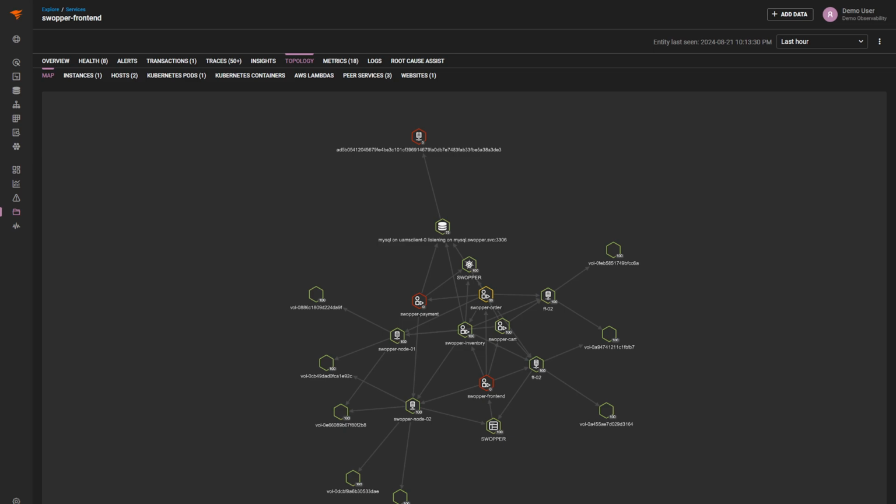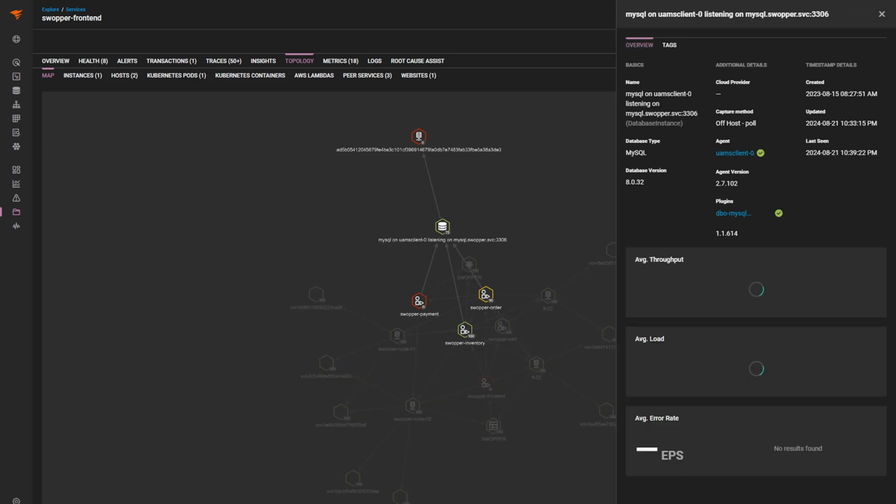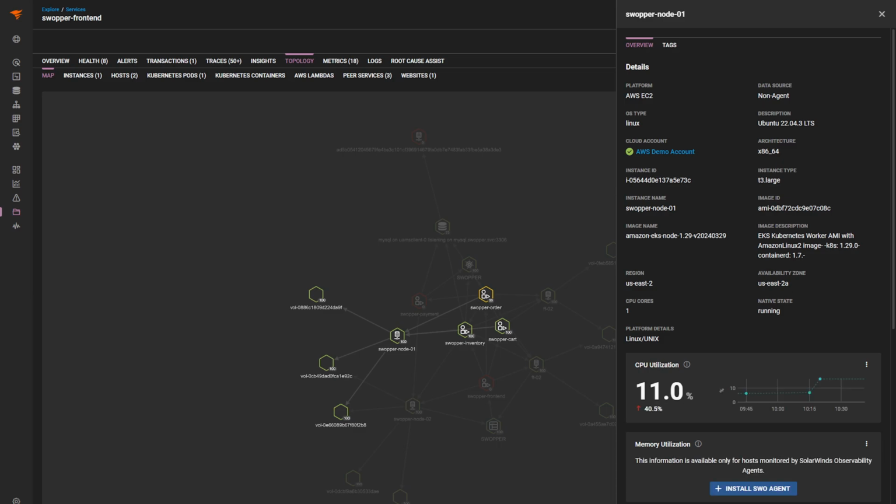The map view will show a visual representation of your application and all associated entities related to the APM service being viewed. Each individual node can be selected to see a preview of that entity's data, along with a link to view details, which will take you to the overview of that entity, whether it's another APM service, host, database,